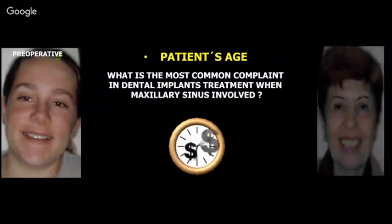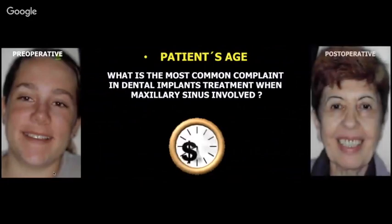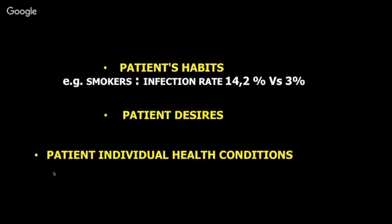Patient's age. In patients over 60, usually I don't do sinus lifts because it takes too long. By the time we finish, the patient is getting older. Patient's habit. We know that with smokers, you get an infection rate of 42%. Patient desire. The patient tells you, I don't want you to touch my sinuses. Patient's individual health condition. In a medically compromised patient, try to avoid